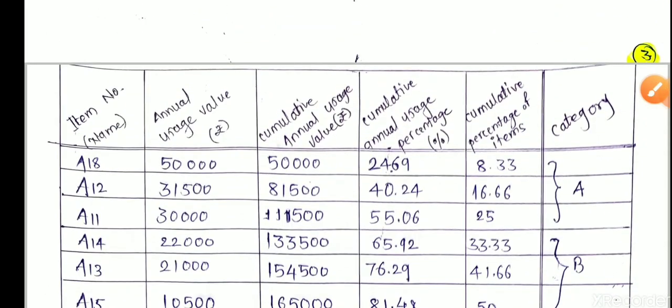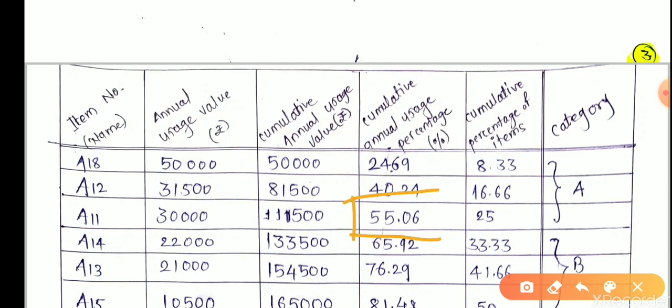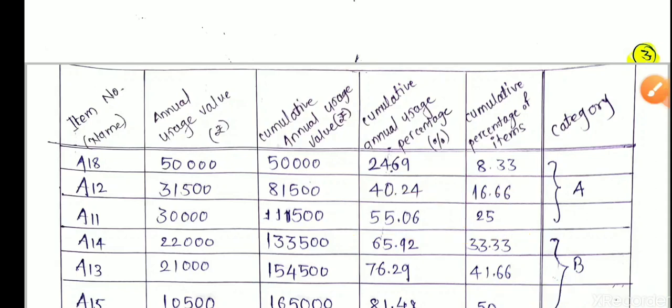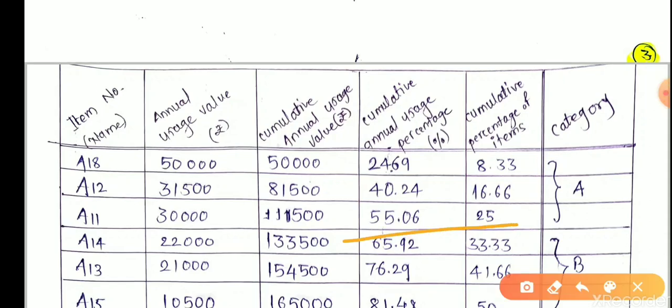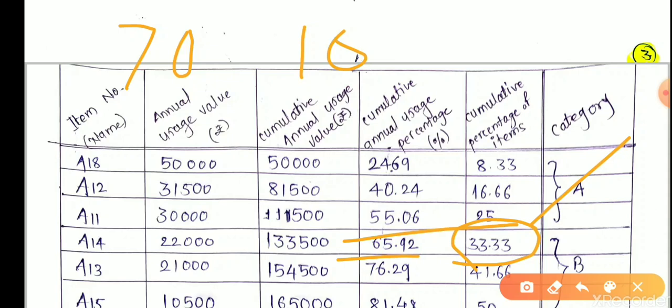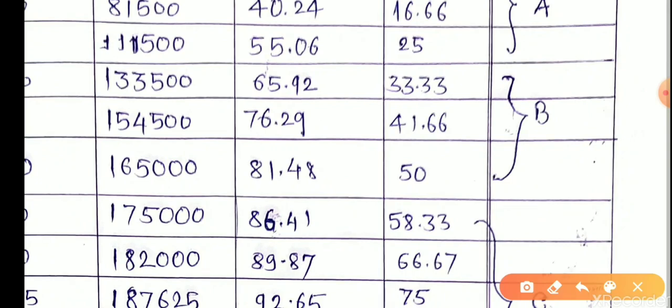How to classify? Classify A items as having 55% of total cost and 25% of annual consumption items. Why are we stuck here? Because if you mark 65, it becomes 33 percent, a much larger figure, because our limitation is 70 and 10. For this 10 we are going up to 25, and this 70 we are going down to 55. That can be acceptable. But if you increase our figure, this cannot be an A analysis because it's 33% content. We go to a maximum of 25 or 20%.